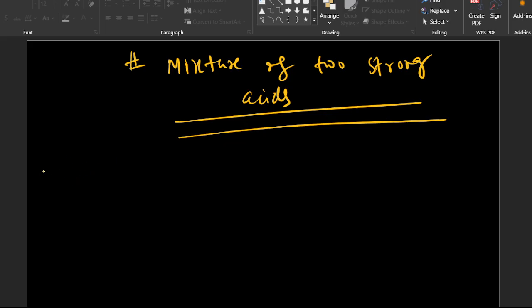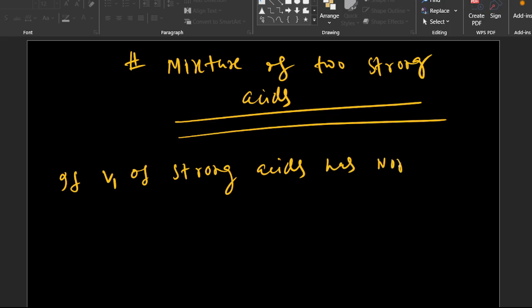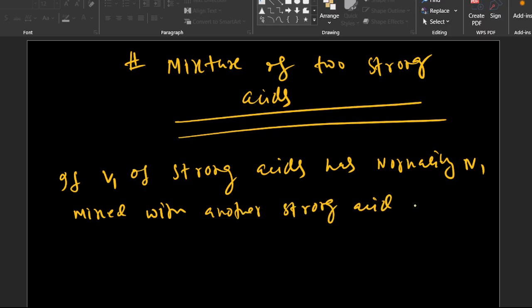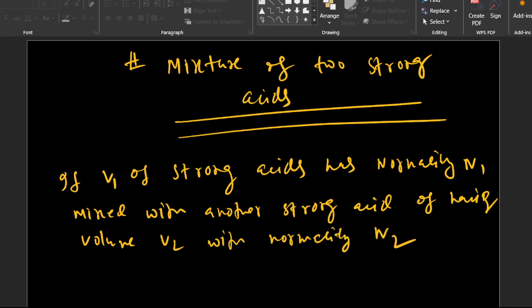So let's say if V1 volume of a strong acid has normality N1, mixed with another strong acid having volume V2 with normality N2, then